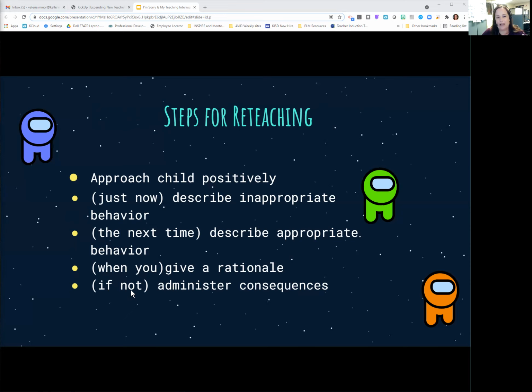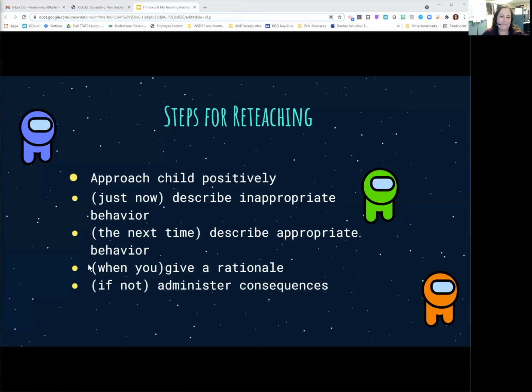And you don't have to stop class. So if a student's throwing paper across the room and you're in the middle of a lesson, you don't have to stop and have this conversation with them right then. You can acknowledge it, do what you need to do to quickly intervene at a low stakes level, and then have that conversation once everybody's gotten to work on the activity that they have for the day, or whenever you're done teaching that full group lesson. But just them knowing they're going to have that conversation with you might be consequence enough,